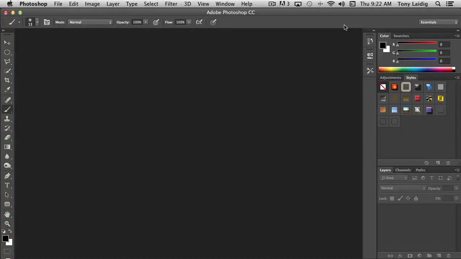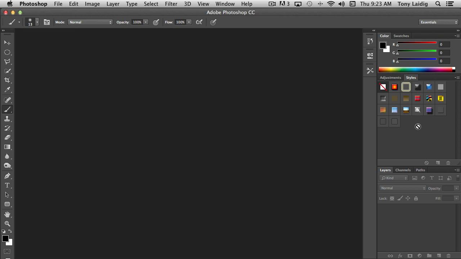Whenever you first launch Adobe Photoshop CC, in addition to noticing the toolbar that you have available to you on the left-hand side, you also notice on the right-hand side there's a number of panels. And these panels are part of workspaces that Adobe has offered to us. One of the things that I really like about this version of Photoshop is that we have multiple workspaces to choose from by default, or we can create our own, and I'll show you how to do that in just a moment. But if I click this drop down menu where it says Essentials, this is the basic setup